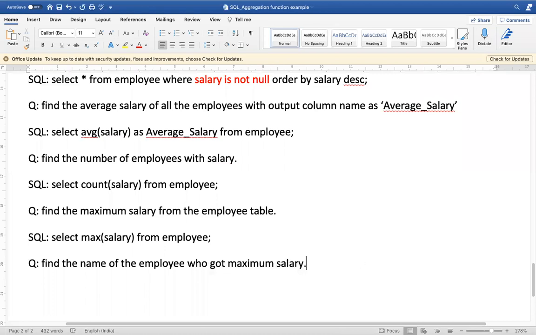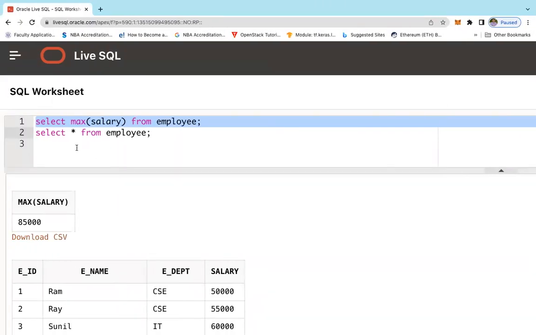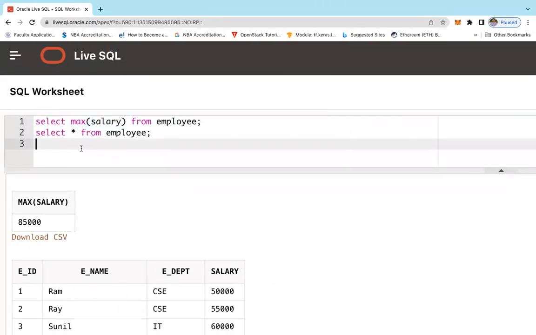Now, if this is my query, then what can I do? Find the name of the employee who got the maximum salary, right? So I want the name of the employee. So for that, I'll use the query like